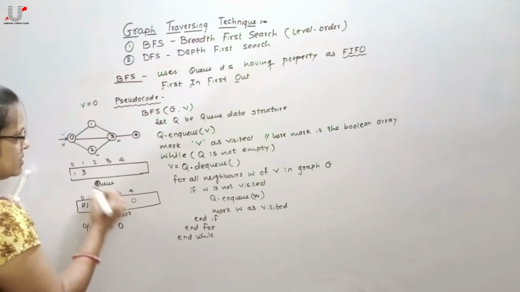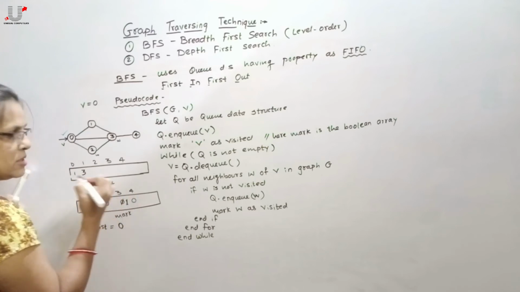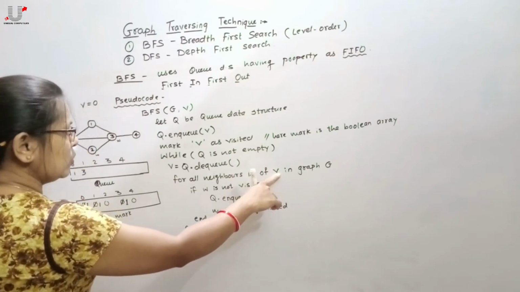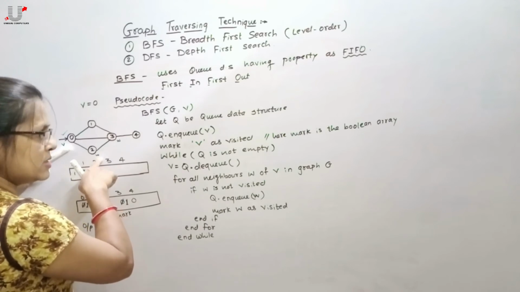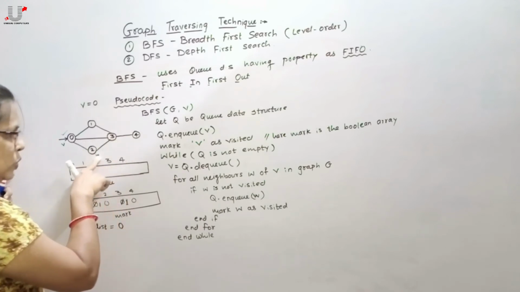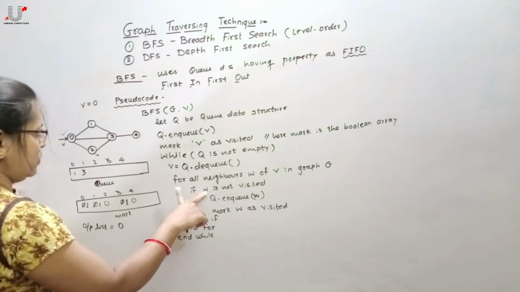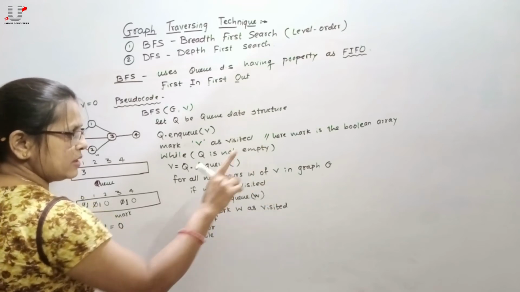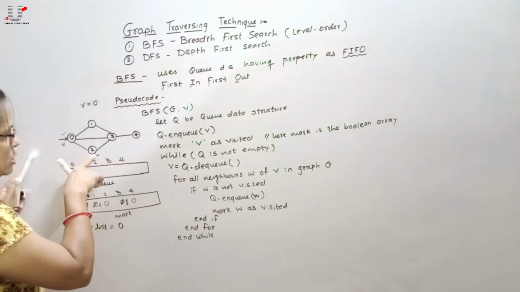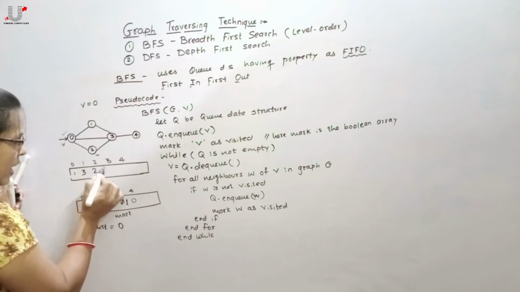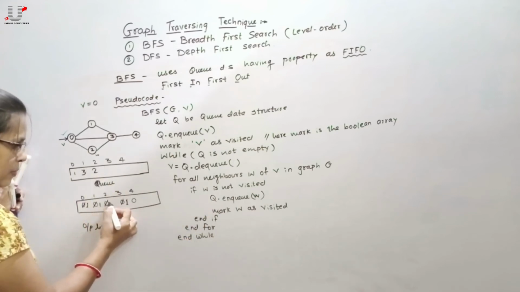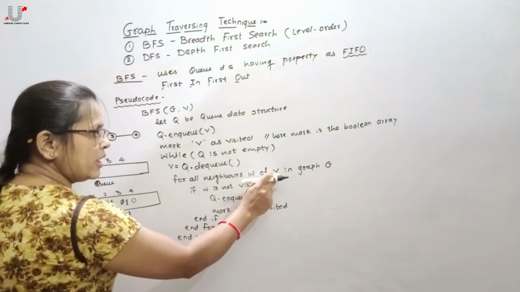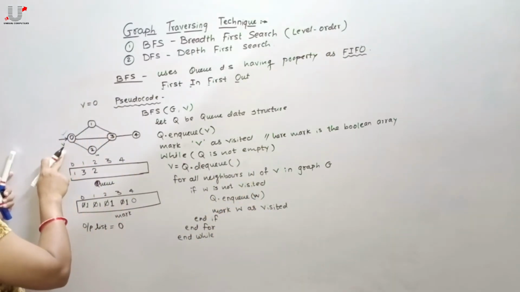So we add 3 to Q, then mark it as visited. Then again check whether V, meaning 0, still has any neighboring vertices. Yes, it's now 2. Check whether that W, meaning 2, is not visited. Yes, it is not visited yet. Then add that W, meaning 2, into the Q and immediately change the status of that W to 1, meaning mark it as visited. Then again check whether any neighboring node of that V is left to be added